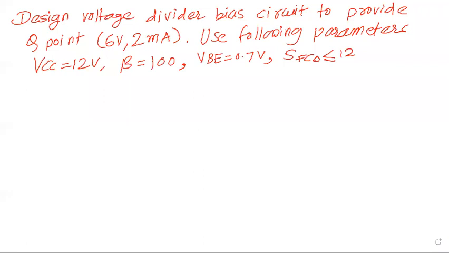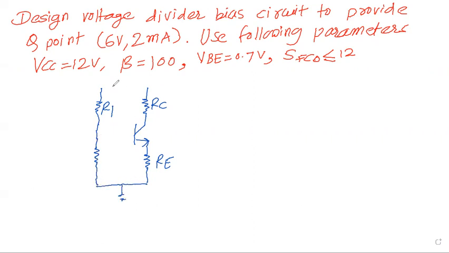So the first thing you have to do, what they have asked, voltage divider bias. So you have to draw the circuit of voltage divider bias. Sometimes if you are not able to get full marks, you can get partial marks in such problems if you draw just the correct circuit diagram. If 10 marks are there, then you may get 1 or 2 marks. Okay, but correctness has to be there.